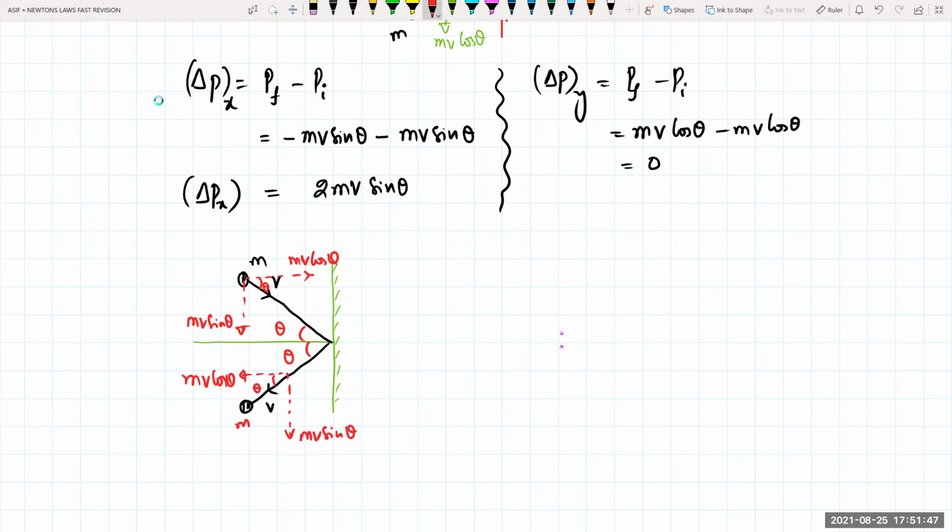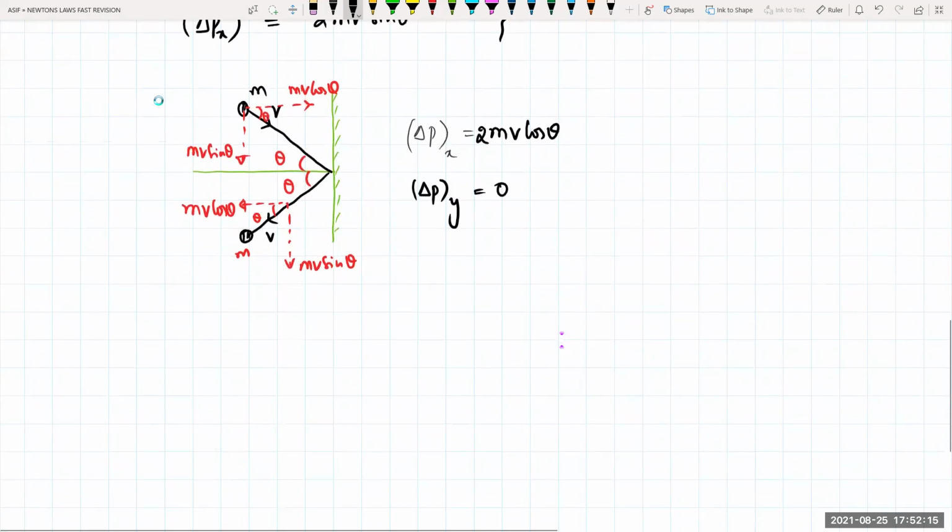See, when theta is changing with respect to horizontal and vertical, the momentums are changing. Now, the momentum along the x-axis comes out to be how much? Along the x-axis it would be 2mv cos theta. So what is the momentum along the y-axis? 0. Same direction, so no change.